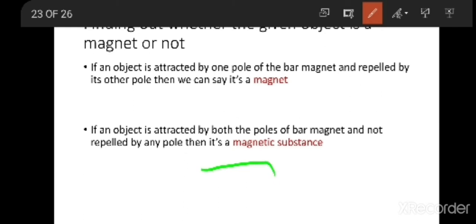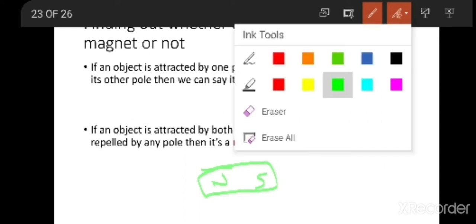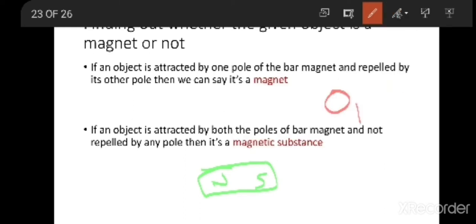Again we take a bar magnet. You all know this is the north pole and this is the south pole. And this is object 1. I asked you to find out whether it is a magnetic substance or not. You place the object near the north pole. If it shows attraction, note it down. The same object 1 you place here also, and here also it has to show attraction.